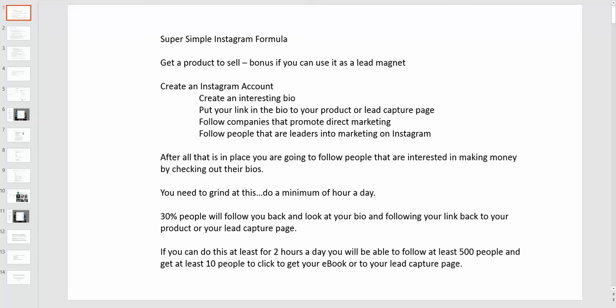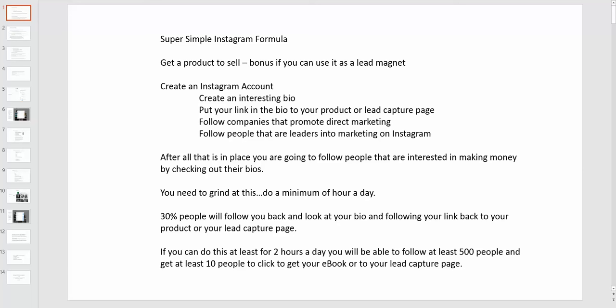And what do I mean by that? I know a lot of you that I've targeted and friended are part of a direct marketing kind of thing. Maybe there's something in direct marketing that you can give as a lead magnet, something to attract people to your site. What I personally use is an ebook that can sell itself as a standalone, or I use it as a lead magnet because of the way that it's written. It's actually really pretty clever. So there's going to be a link below to get that ebook so you can look it over, okay? So that's the first part, a product to sell, or your lead magnet, something to attract them to you.